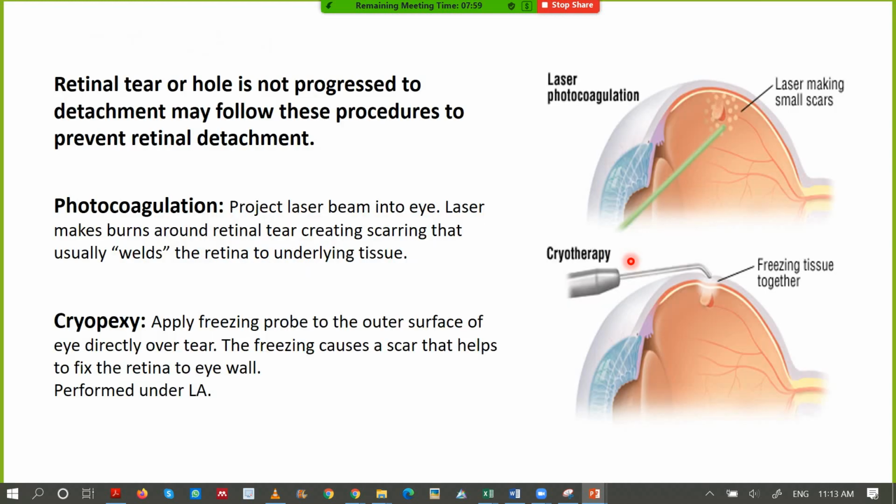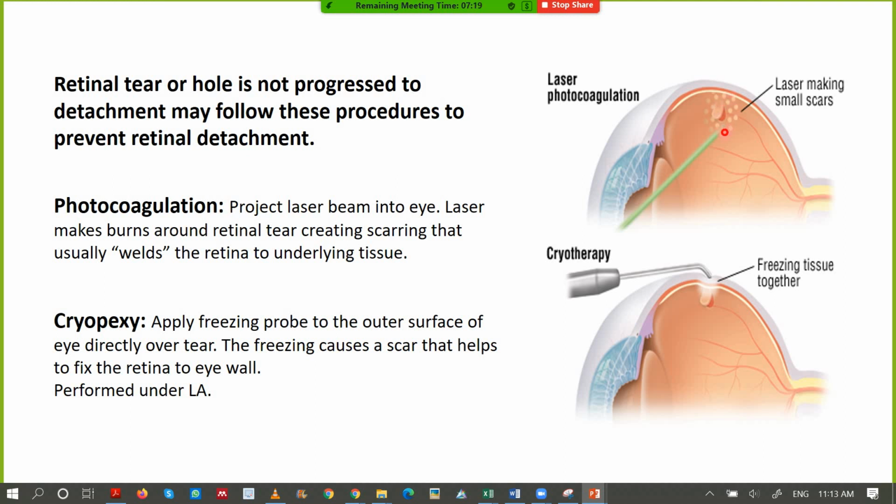Okay, coming to retinal tear or hole, what we are supposed to do is make sure that we give a laser marking so that it does not get detached. It is like stitching a torn cloth around the tear, so that the tearing does not go any further. With the laser treatment, we burn the surrounding area so that it is melted and attached, and it does not progress.